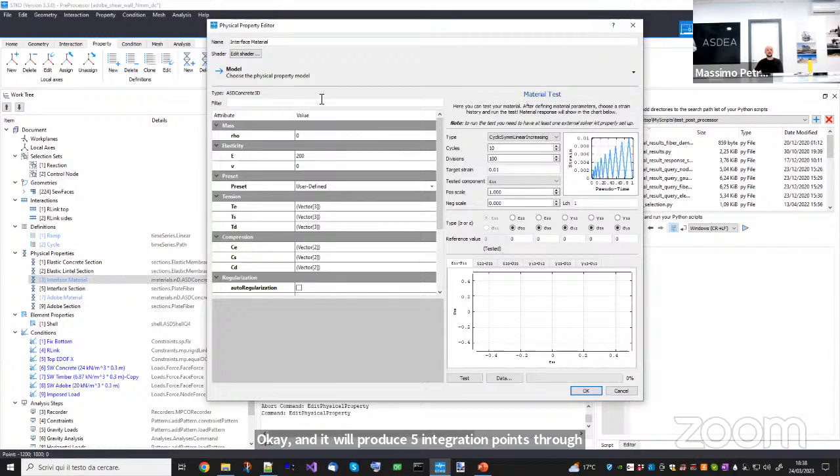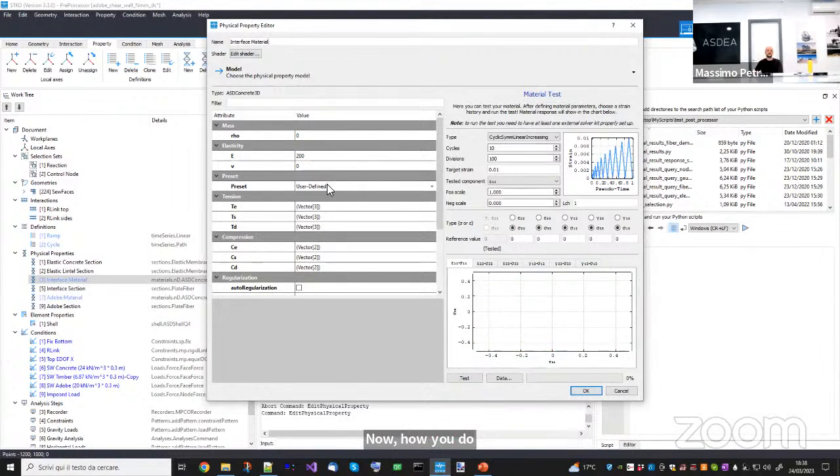Now the interface material, also in this case, is an ASDConcrete3D. But in this case, what I want to create is a simple material that does something like this. So in tension, it will have a strength, then it will go down, dissipating a certain fracture energy. It will always go to the beginning while unloading, so pure damage. And in compression, it will be purely elastic. This one is only to create a contact with a damage in tension. Now, how you do this with